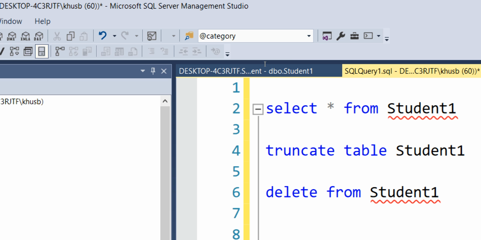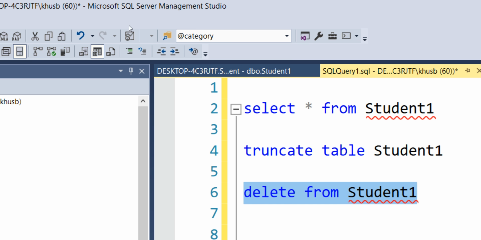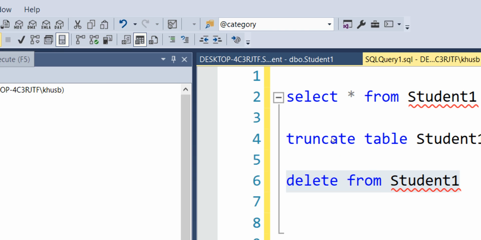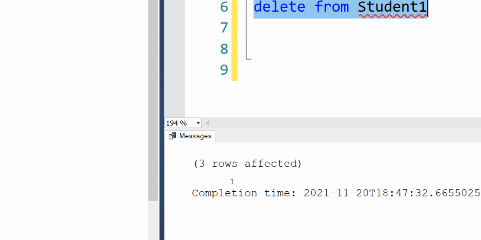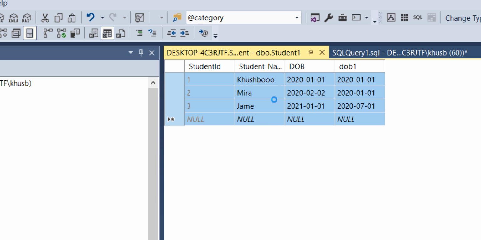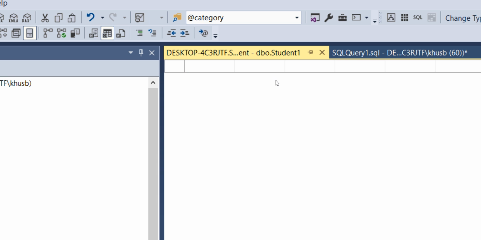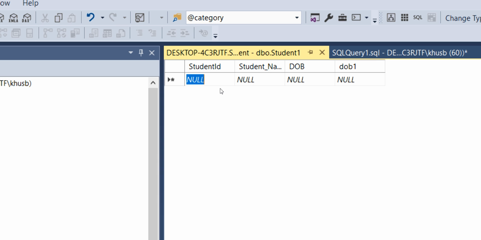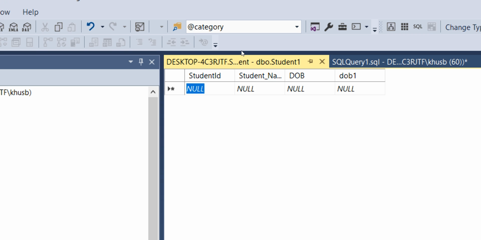When I apply this delete command, then look at what is going to happen. When we delete this, it shows 3 rows affected. Now again execute SQL, so it is going to update the value. So here we can see that we do not have any data, right?